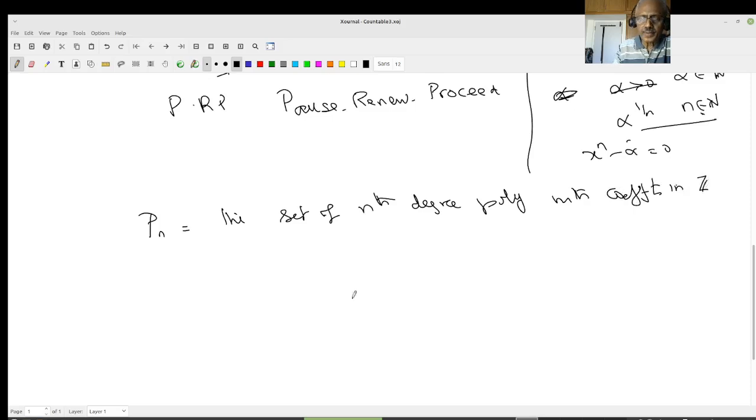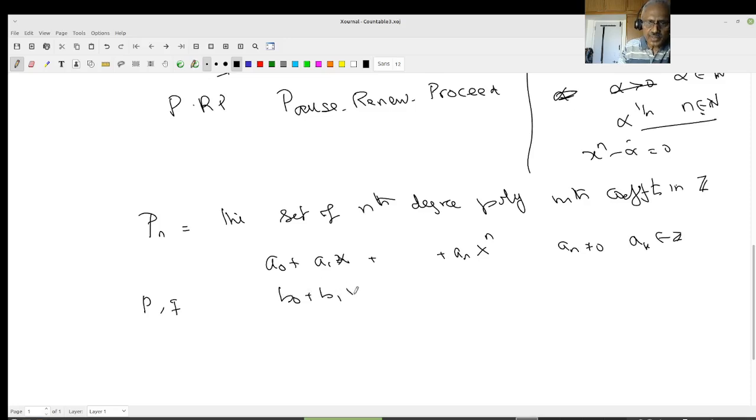Z. Okay, therefore how will it look? It will look something like a0 plus a1 x plus ... plus an x to the power n, with an not equal to 0, and all my ak's are in Z, right? So if I give two polynomials P and Q, when are they equal? If I write Q as a bnx nth degree polynomial, they are equal if and only if ak equals bk for all k,